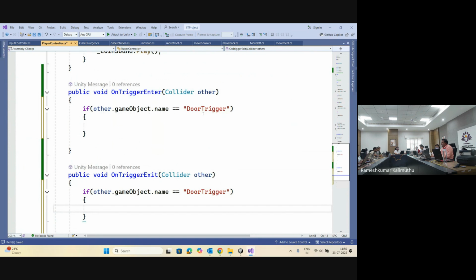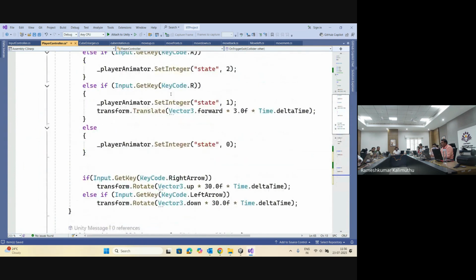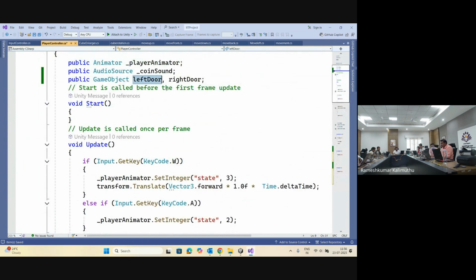While entering, we are checking whether we are entering the proper trigger area. And while exiting also, we have to check whether we are exiting from the trigger area. So that is why here I'm just checking that invisible collider name. If it is the trigger, what I want to do is move the left door